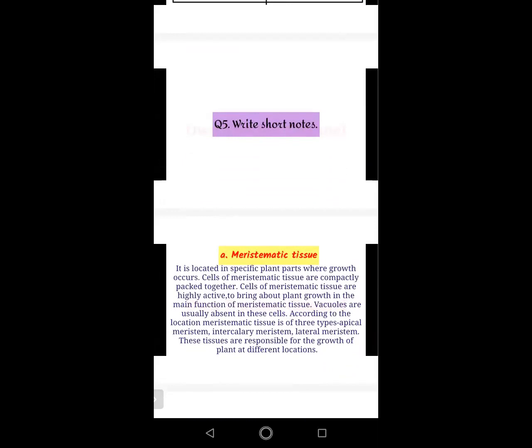Okay, students, meristematic tissues. What is that? Meristematic tissues are located in specific plant parts where growth occurs. Cells of meristematic tissues are compactly packed together. We are not talking about any packing here. Compactly packed together means